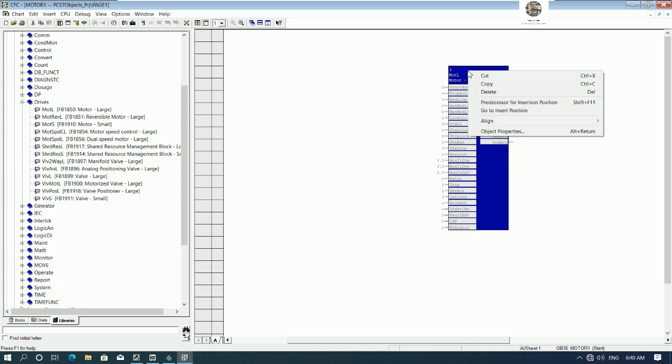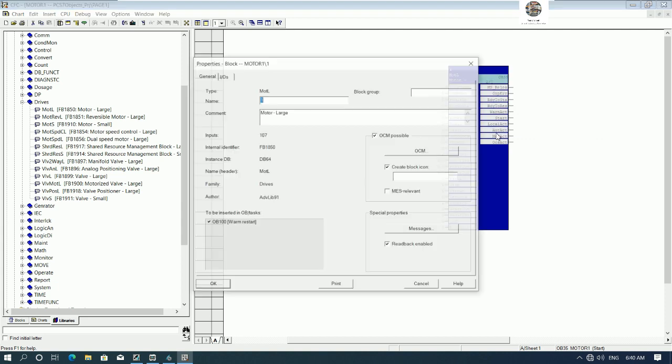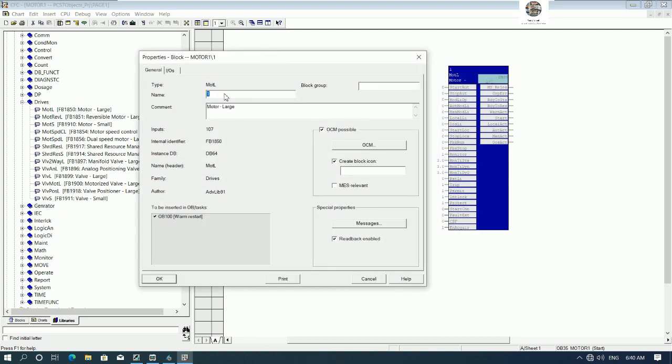So here we can right click and then Object Properties, and here is the name of the tag, example motor 1, page 1 motor 1. Yes, this one is the command, so I will use page 1 motor 1 control,